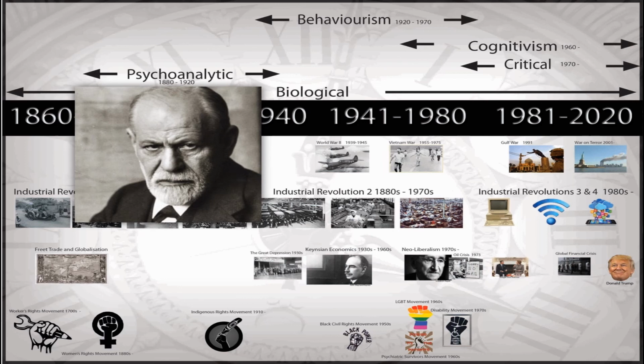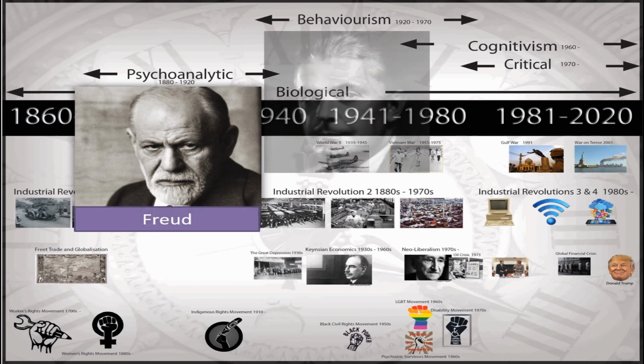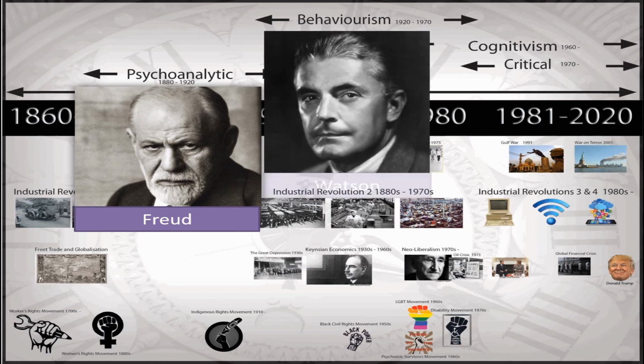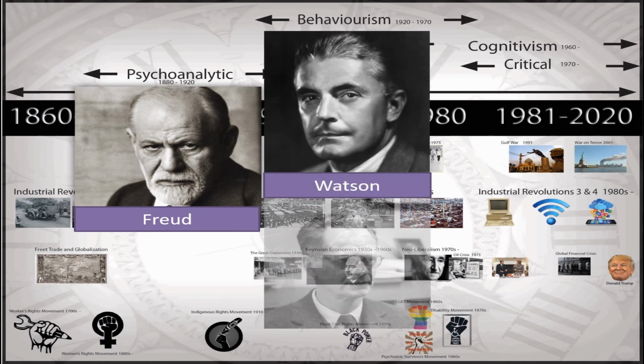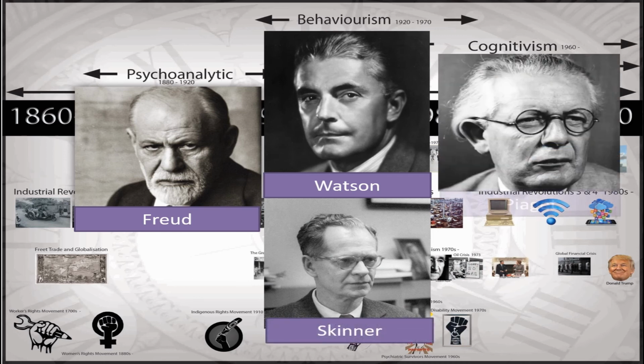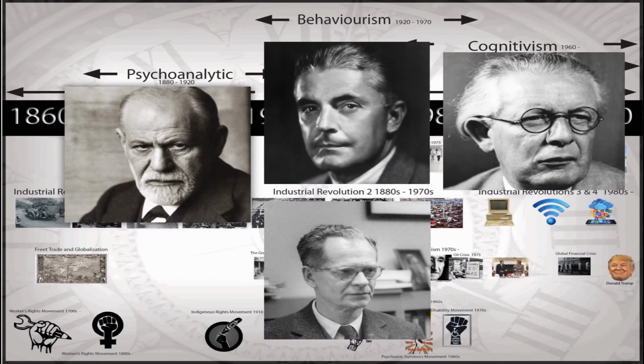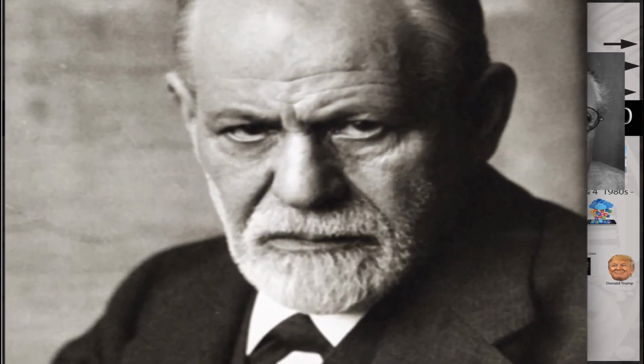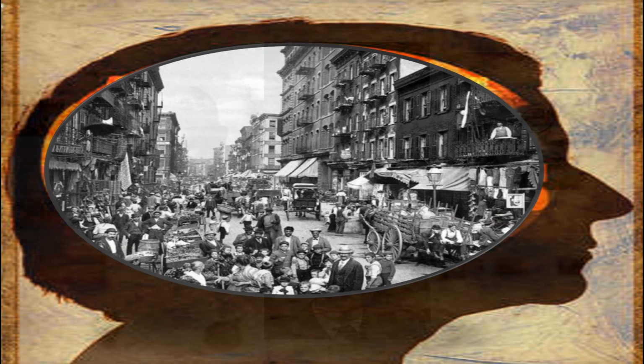So in psychoanalysis, we had Sigmund Freud. And in behaviorism, we had John B. Watson and B.F. Skinner. And in cognitivism, we have Jean Piaget. So, Freud and psychoanalysis took as its object of inquiry anxiety, stress, chaos, and it put drives and emotions and instincts at the heart of our quest to understand human emotion